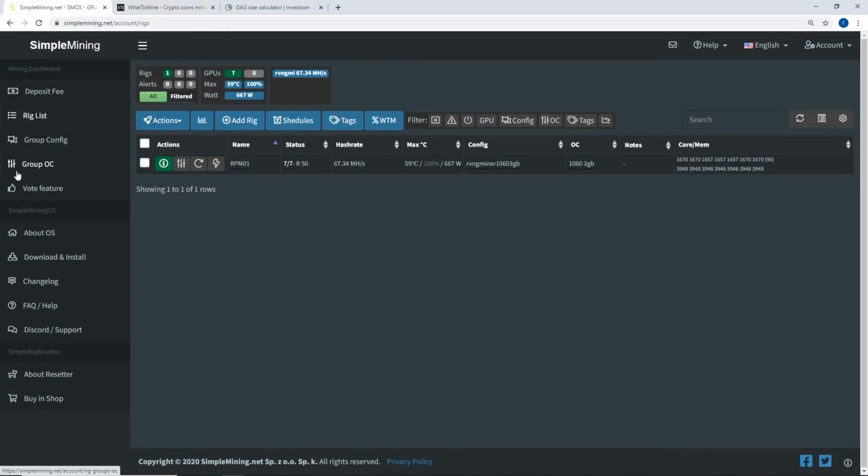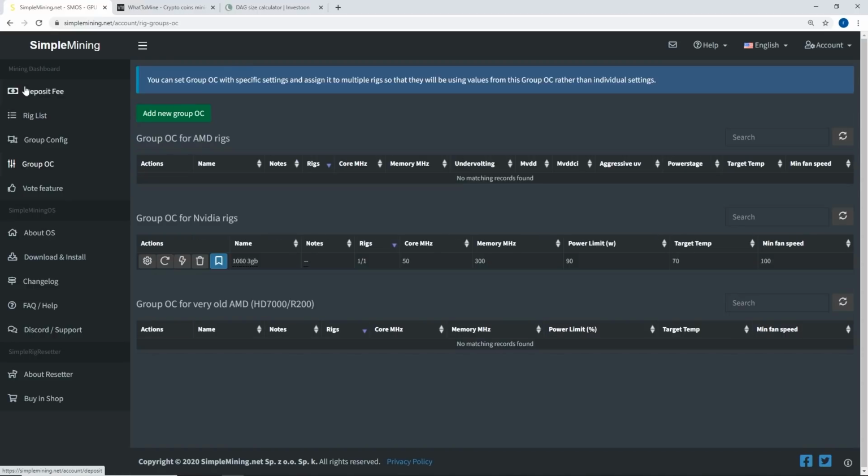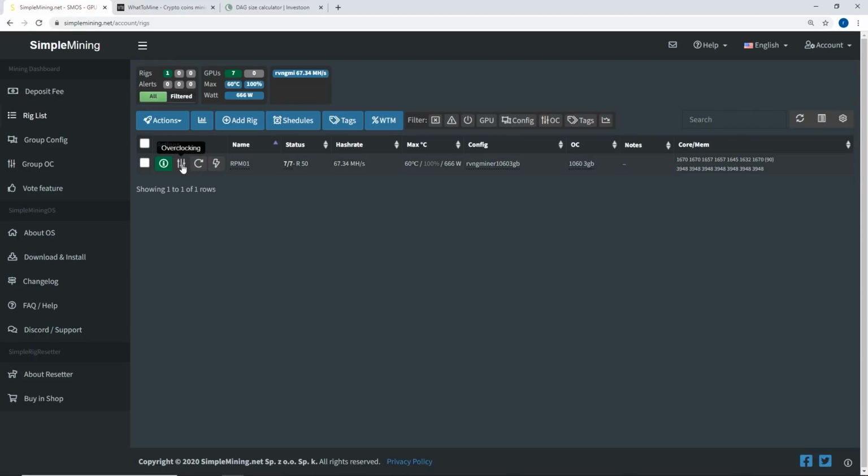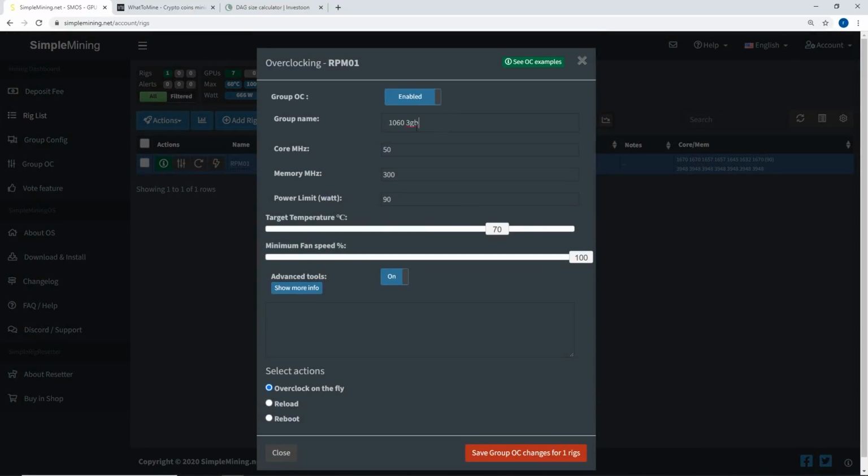So let me show you my overclock. I had to do it in group overclock here, but you can also manually do it if you want by clicking this overclock button right here. And you guys can see I just added a group name. The core megahertz, I just have at 50. The memory megahertz is at 300, and the power limit I have at 90. So I tried like 80, and the mega hash was definitely a little bit lower, like 7.9 mega hash. So I just did 90, and that seems to be like the sweet spot